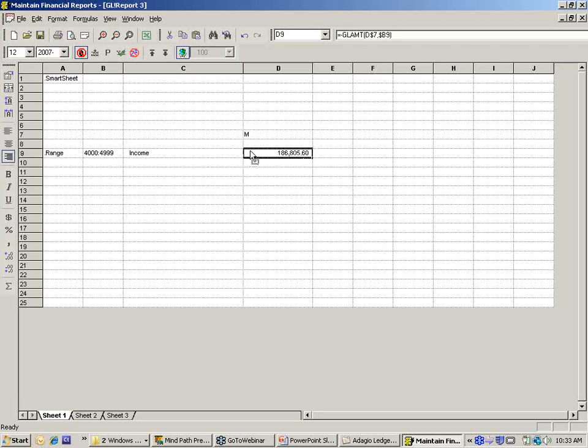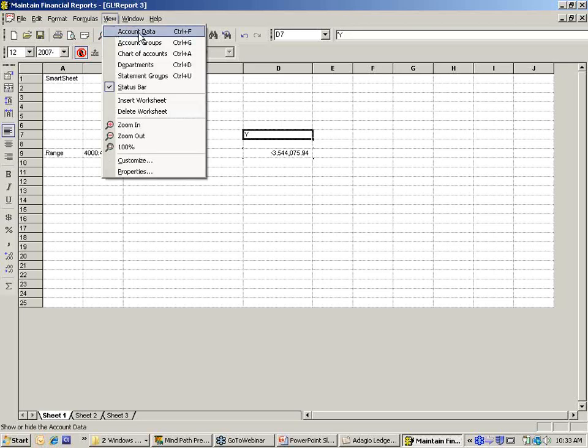Now what's the benefit of doing that? Well, that means that if I change this code to be year-to-date, I get the year-to-date numbers, or this is the current month number, Q for quarter, S for half, Y for year-to-date. You get the idea. Now, how did I know what codes I could put there? M for current month, Q for quarter, Y for year-to-date. Well, hopefully it's because we've made them somewhat easy to remember, but you can always come up here and say,